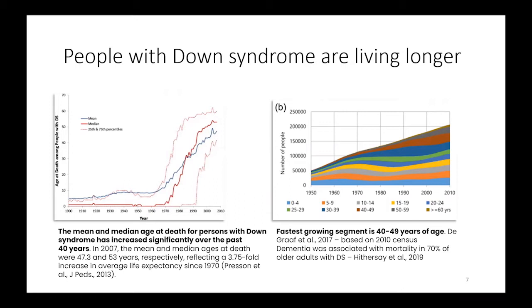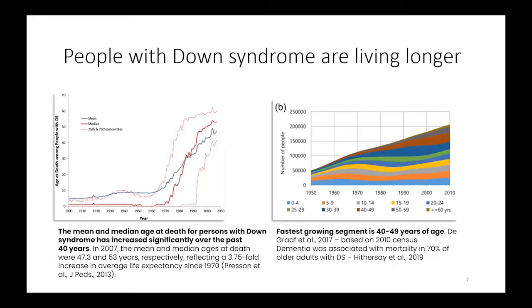One is much better management of the congenital heart defects that happen when they're little, but also better management of co-occurring illnesses and access to a lifestyle that is just like everybody else, which is going to school and going to work, and in cases getting married, in some cases getting divorced. But all of these things have combined to provide people with a much longer lifespan. And not surprisingly, just like the general population, the most rapidly rising cohort of people with Down syndrome are those over 40 years of age. So we also are essentially having a wave, a silver wave, I can't remember if that's what we call it, in that we're seeing much larger numbers of older people with Down syndrome.